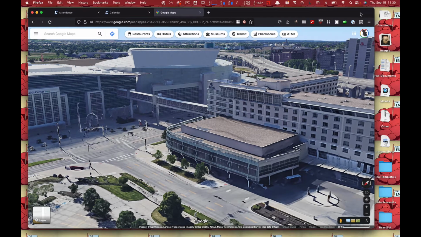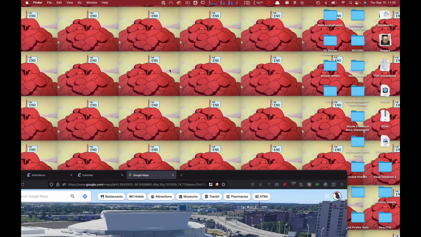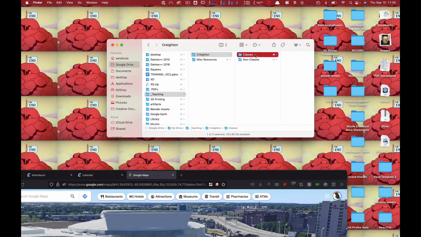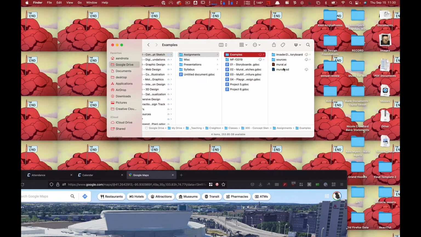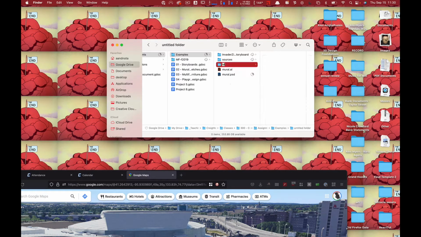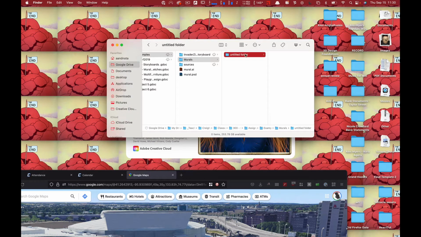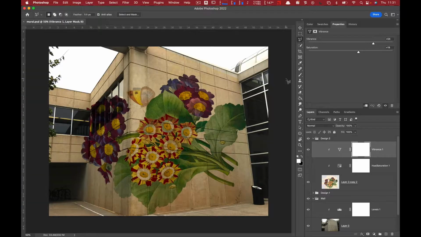All right. When you're doing these kinds of projects, it's good to have a folder wherever you save stuff. I usually do something like, oh, what's this? Apparently I started an example document. I would do a folder in here called murals. And then inside here, I would have examples, and this is where I would save all of my examples.